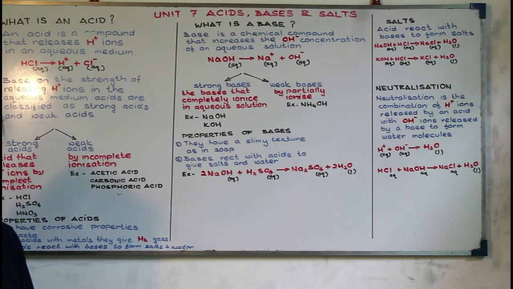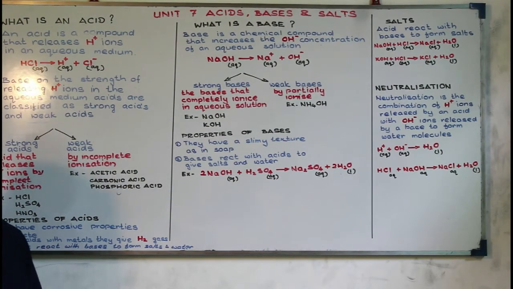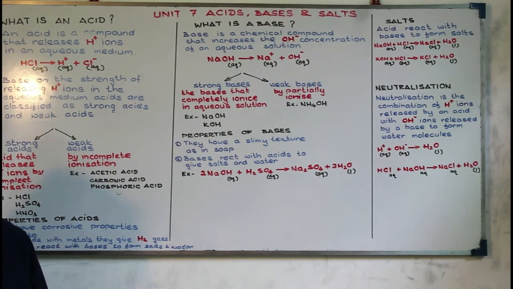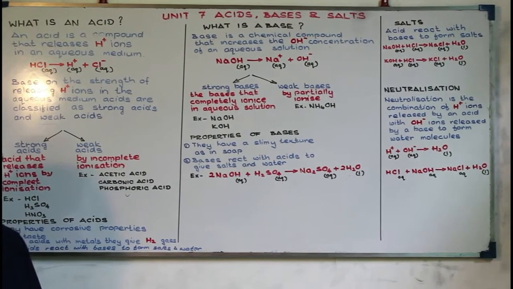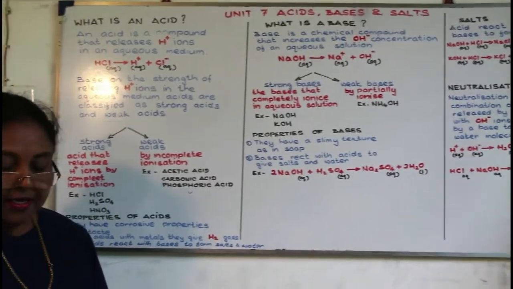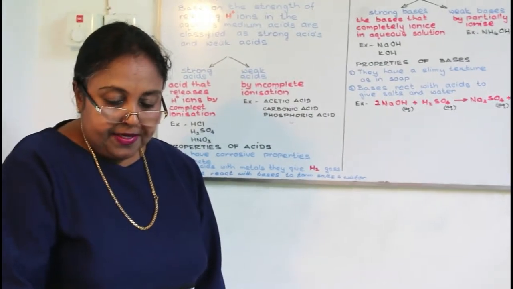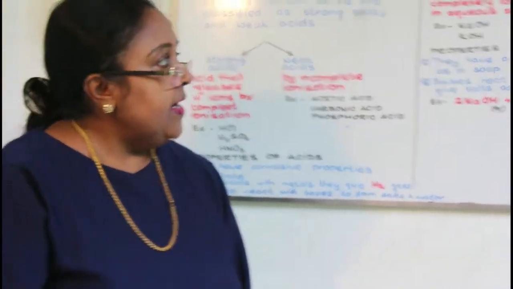Very important. You have to study two uses of copper sulfate. First one, used as a fungicide in agriculture, and another one used in electroplating, used in paint industry, used in making chemical reagents like Benedict solution. Can you remember Benedict solution? It is used to identify monosaccharides, right? Benedict solution, right?